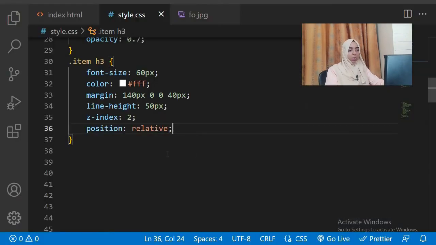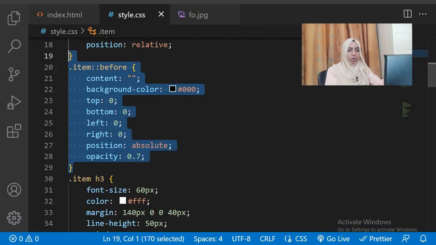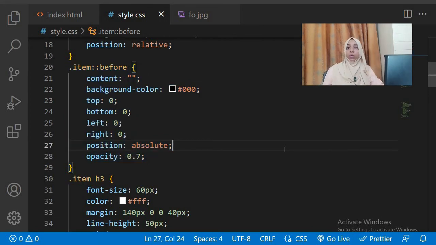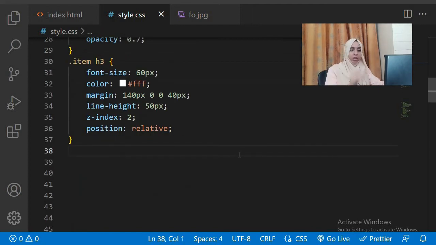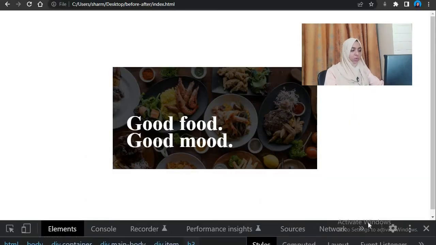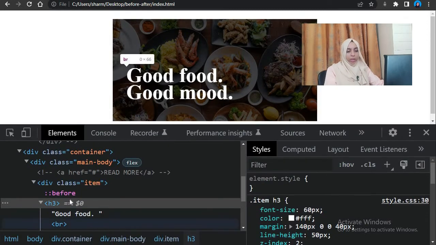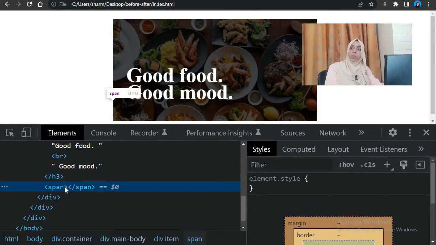Simple. Now the tricky part is over here. This was an easy use of before. Okay, so in this video you learned how to add an overlay using before or after. It is as simple as this, a few values and you are good to go. Now the tricky part is the span has a before and an after, and on hover it will move in and out of the element. So try it out, guys. This is a very good example to test how well you have understood the before, after, and the animation and transition working.